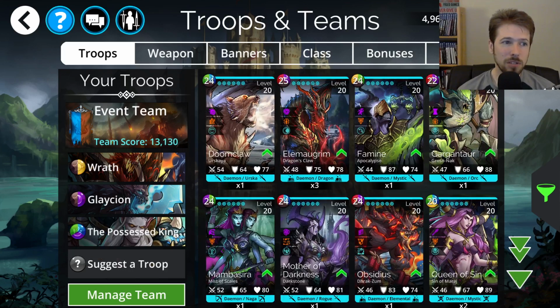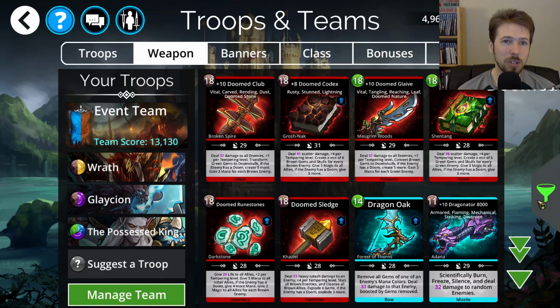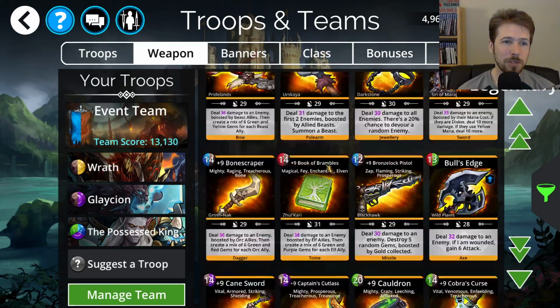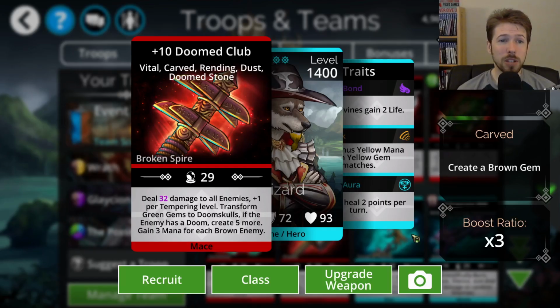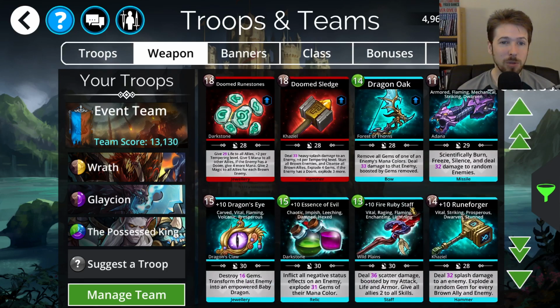And let's see what weapons we have available to us. Okay. So we have the choice here of the Doomed Club, or we have the Doomed Glaive. Now, I know a lot of you won't have those weapons, but if you do have them, they are excellent, because they're going to be creating Doom Skulls whenever you cast them, and that will be powerful in this event. We also have